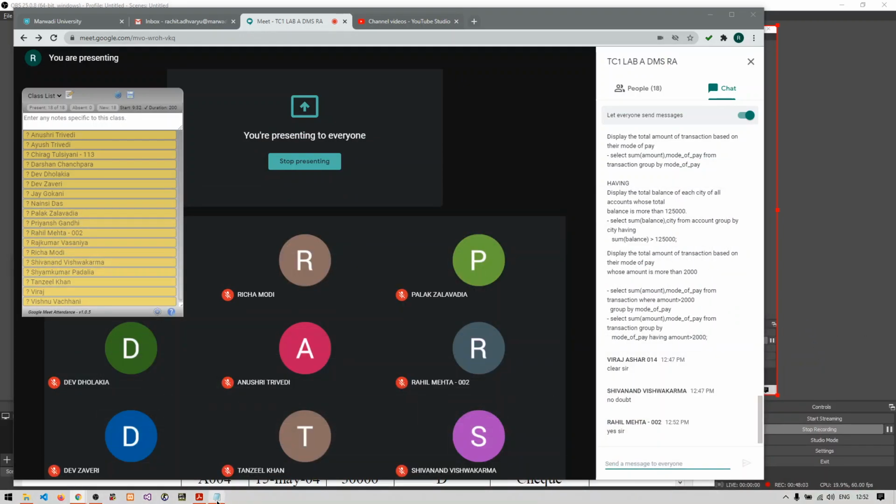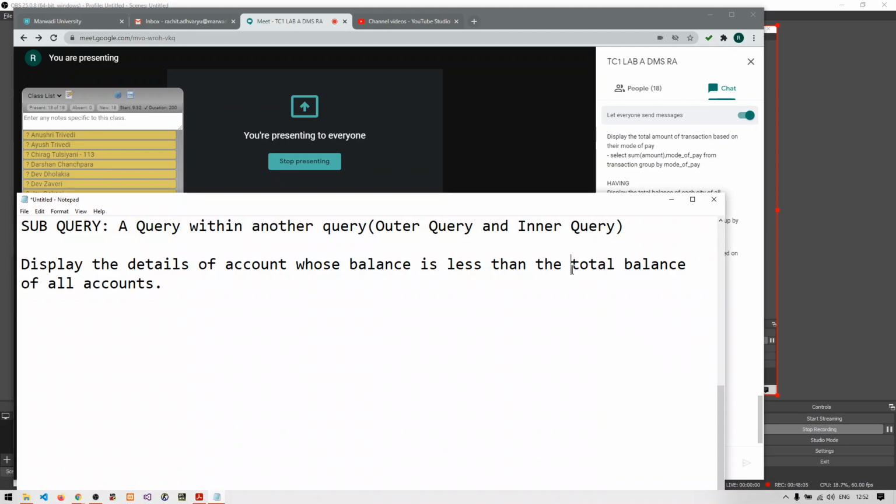And then what we need to do? Whatever total balance we get, we need to check whether each individual record's balance is less than that total balance or not. So we have two parts in the query. First, we need to find the total balance of all accounts.